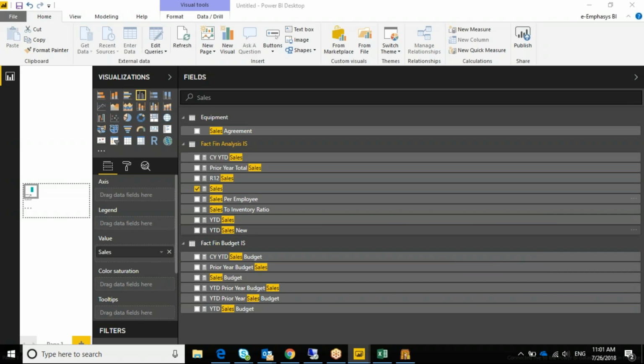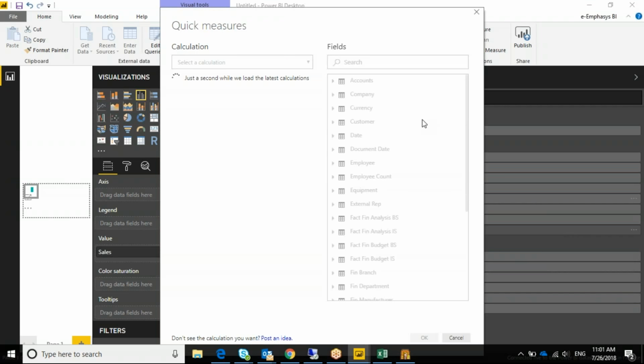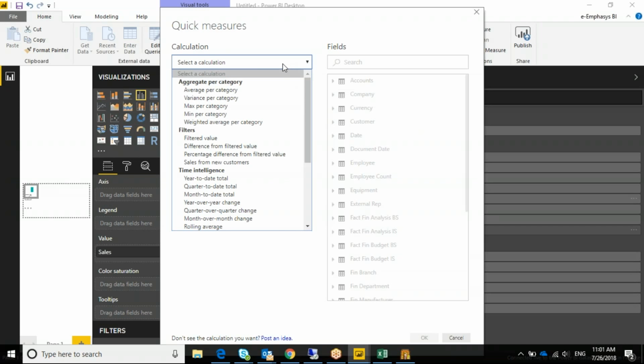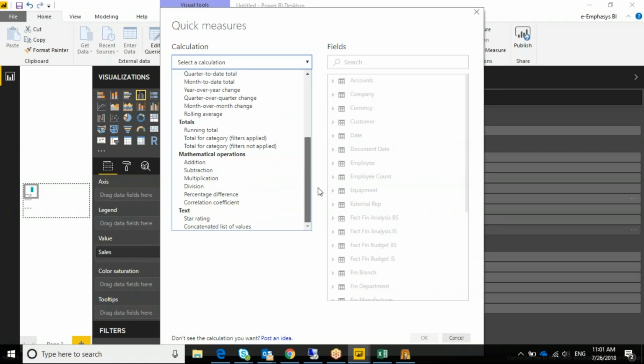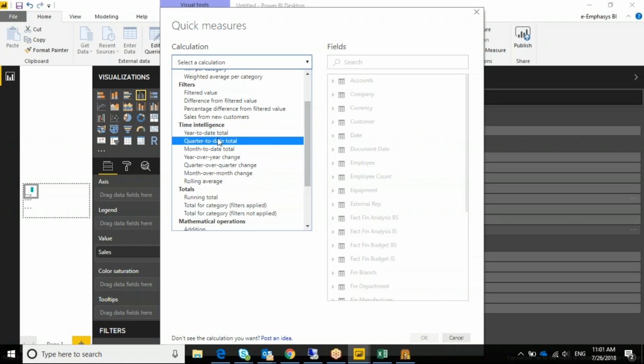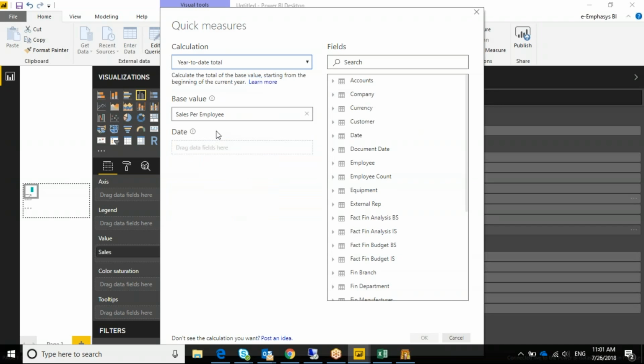DAX is definitely not intuitive until you know some of it, I guess. And then you could just say quick measures, and it's going to open up a new window for you to say what calculation you want. You can say you want a year-to-date total on the base value,